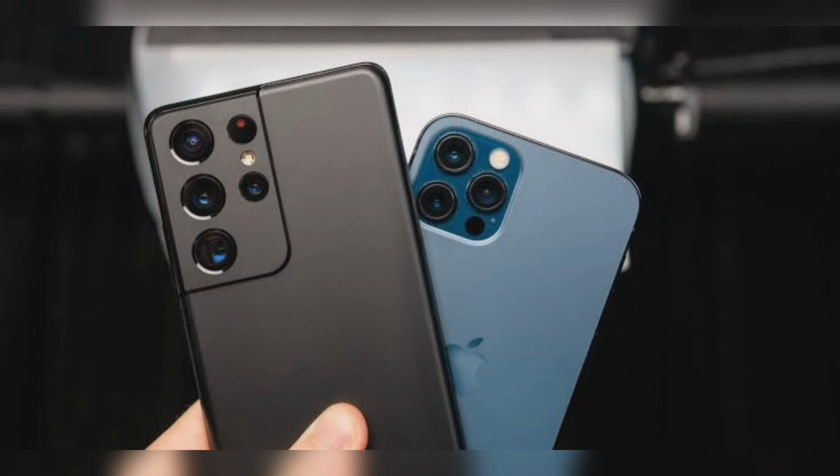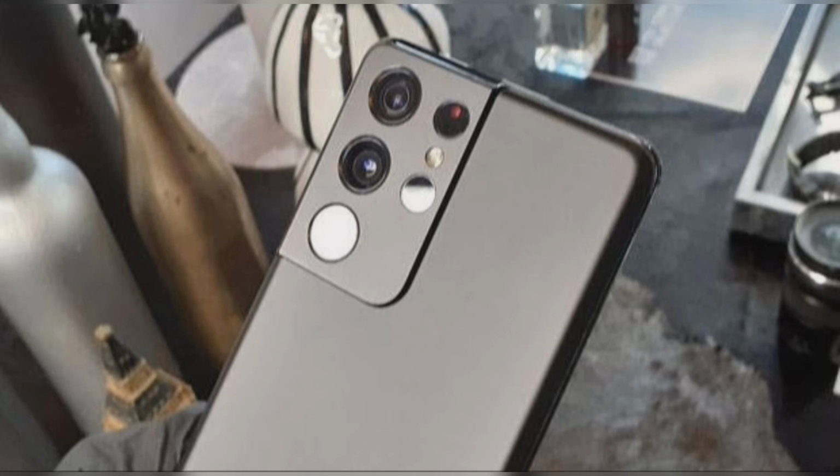Samsung Galaxy S21 Ultra 5G specifications: 6.8-inch, 3200 by 1440 pixels, Quad HD Plus Infinity OLED Dynamic AMOLED display, 515 ppi, adaptive 120 Hz refresh rate, 10-120 Hz, up to 1500 nits brightness, Gorilla Glass Victus protection, octa-core Qualcomm Snapdragon 888 5nm mobile platform, octa-core Samsung Exynos 2100 processor, 12GB, 16GB LPDDR5 RAM with